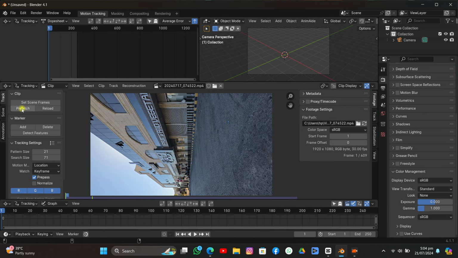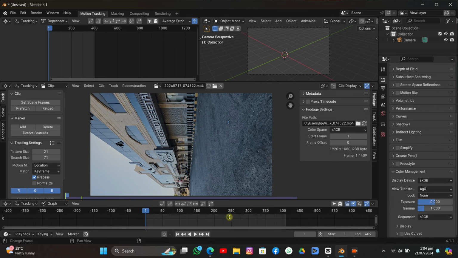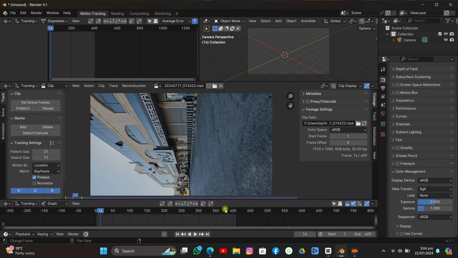You can click prefetch to load the footage. You can also click set end frame. As you can see, first it was like that, 250, but if you click set end frame, it's going to set the ending frame for you, okay? As you can see now, it's